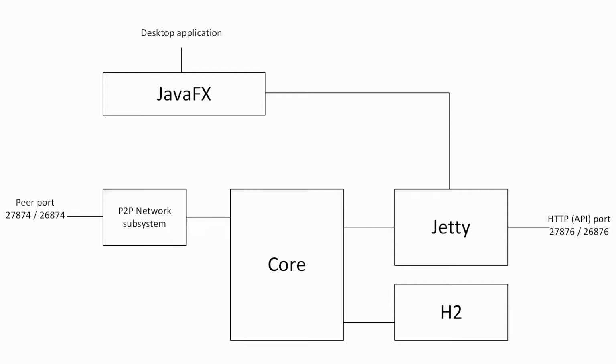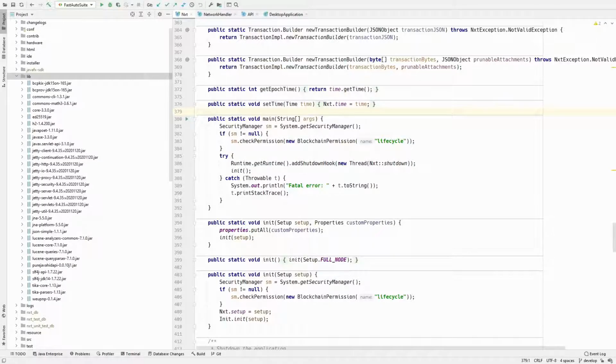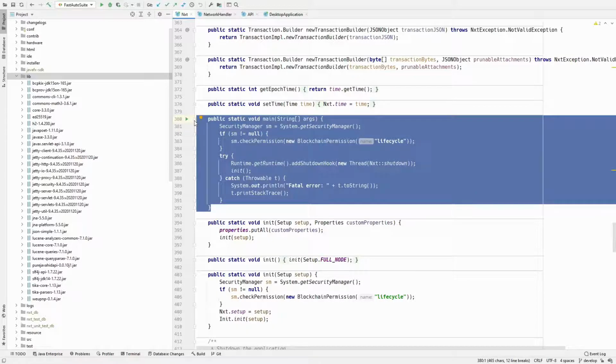Of course, you could use just a regular browser, open the HTTP port, and access the wallet. But in order to provide a native desktop wallet that doesn't rely on an installed browser, which can leak some information or be vulnerable to malicious plugins, we just use JavaFX to create a simple web view window and embed this same HTML wallet. This is basically a Java command line application, with the NXT class, which has the main. So that's how you run it.